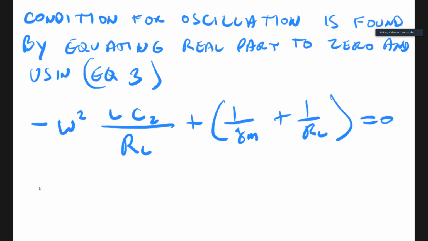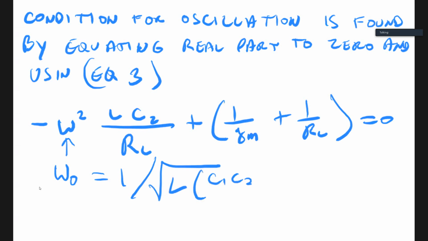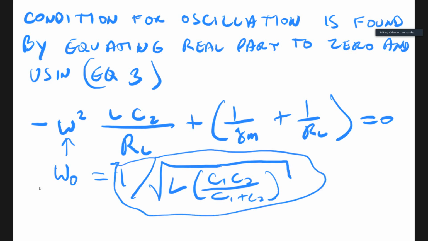Since we are at the condition of oscillation, this omega is omega naught, which is equal to 1 over the square root of L times C1 C2 divided by C1 plus C2. So this goes in there,